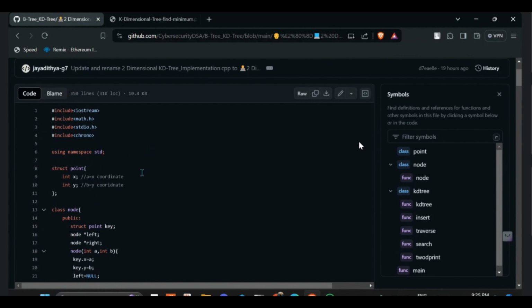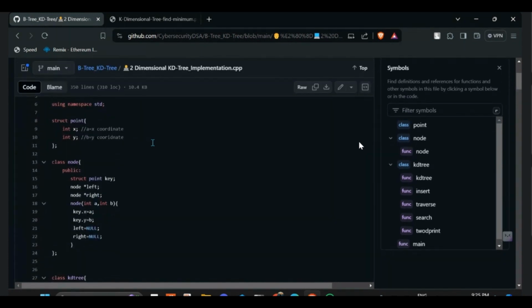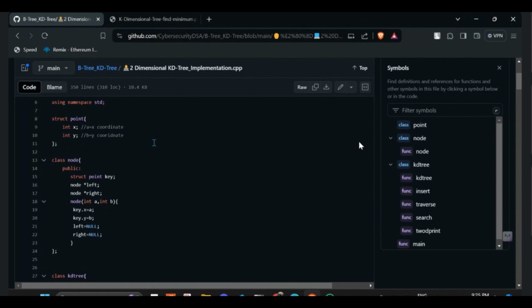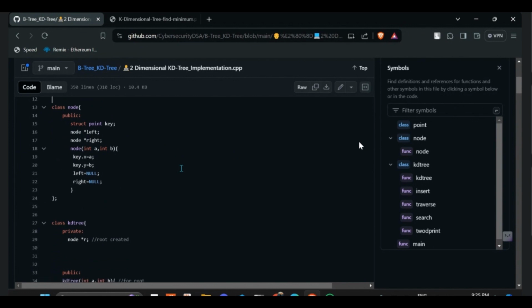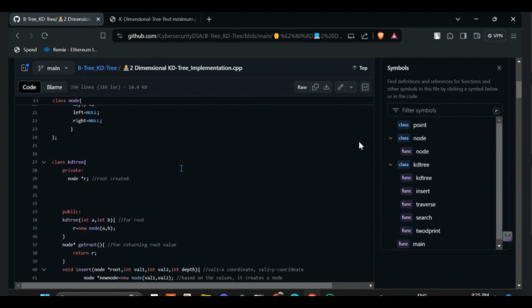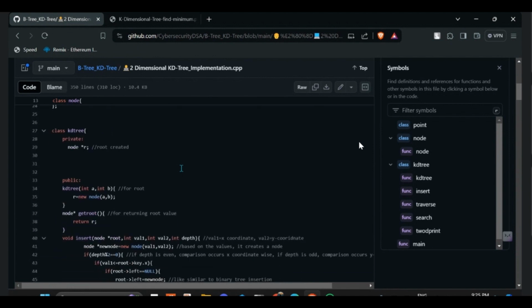And the KD tree code, so we have included the headers iostream, math.h, stdio.h, chrono, all those basic headers, and chrono for the runtime calculation, and math.h for some math parts. And as we know, we are going to insert points, that is the coordinates. So we have created a struct point where it stores the x coordinate value and y coordinate value, and a node to store it in the KD tree. The node contains the key value. The key value is nothing but the point, and a pointer to the left and right child. And then we have created a class for the KD tree,